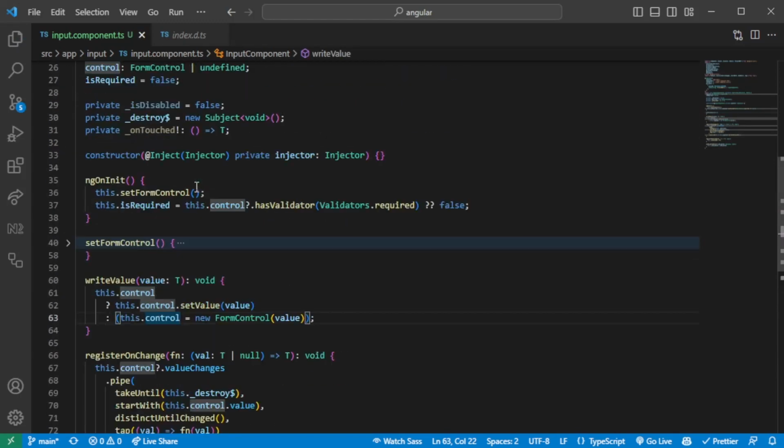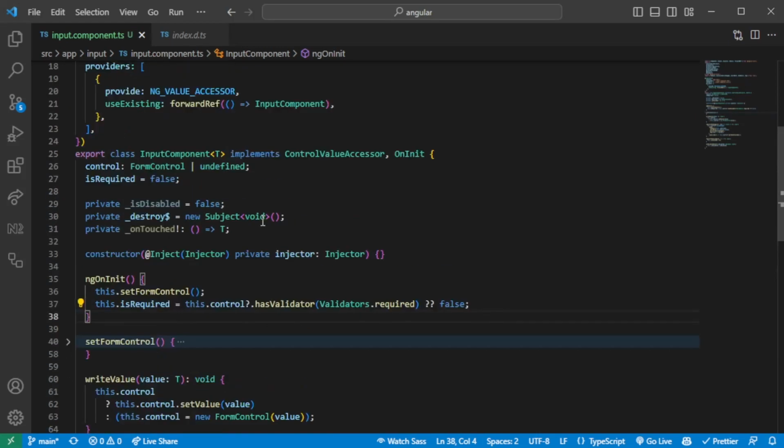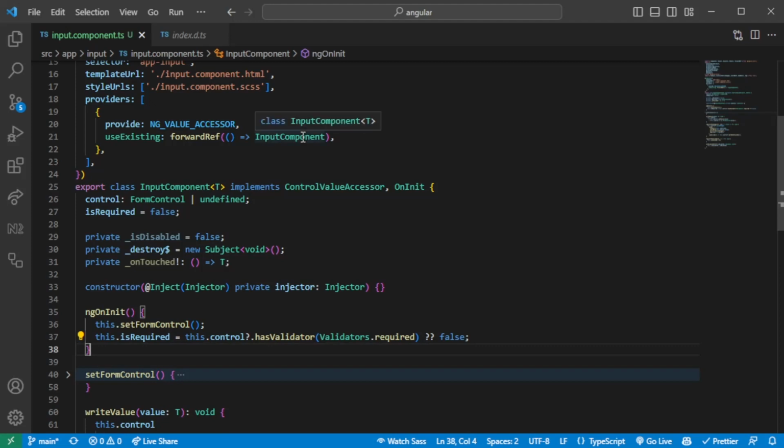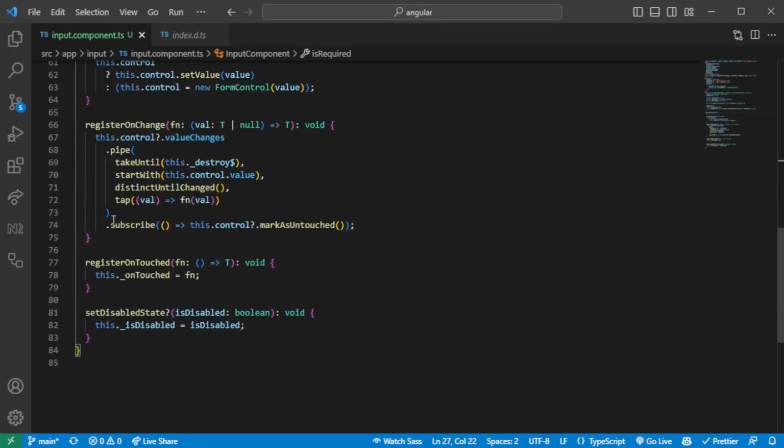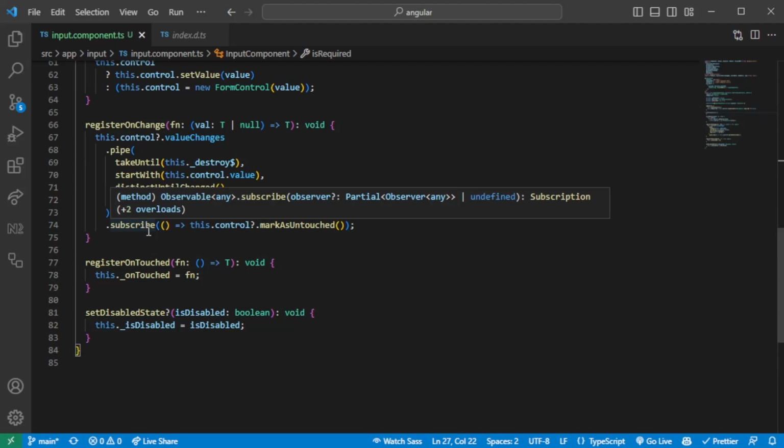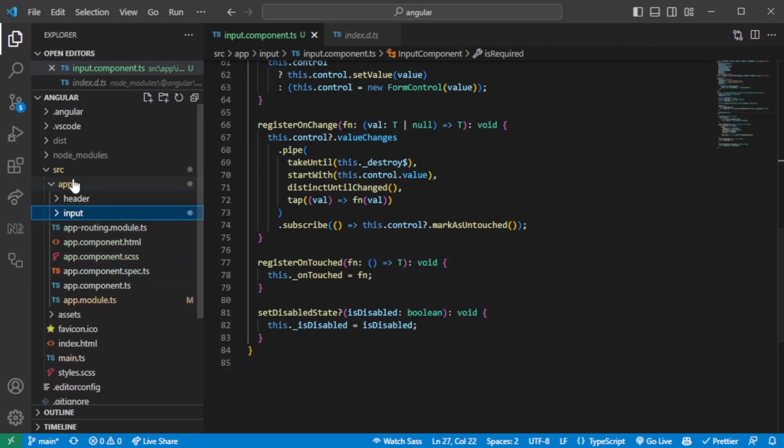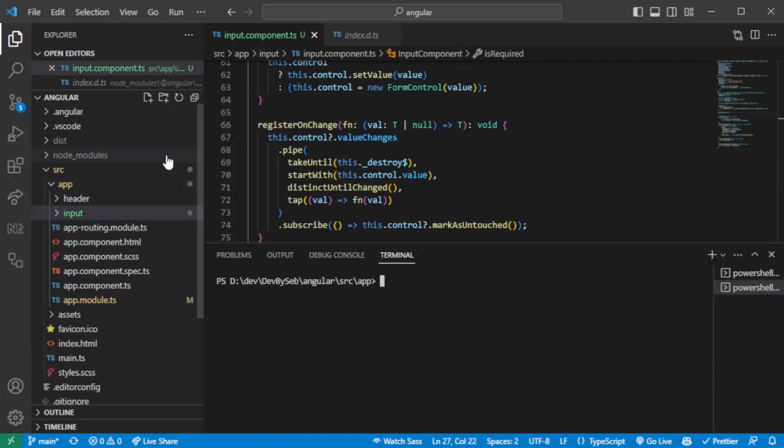The only thing I would say is that you would have to implement this logic for all of your own self-programmed components, so input components, select components, and so on, and that does not really make sense for us. So what we are going to do to generalize it even further is to create a directive which will implement this base logic so that all of our form controls would behave in the same way. All right, so we can create a directive here. So Angular generate directive, and we're going to call it